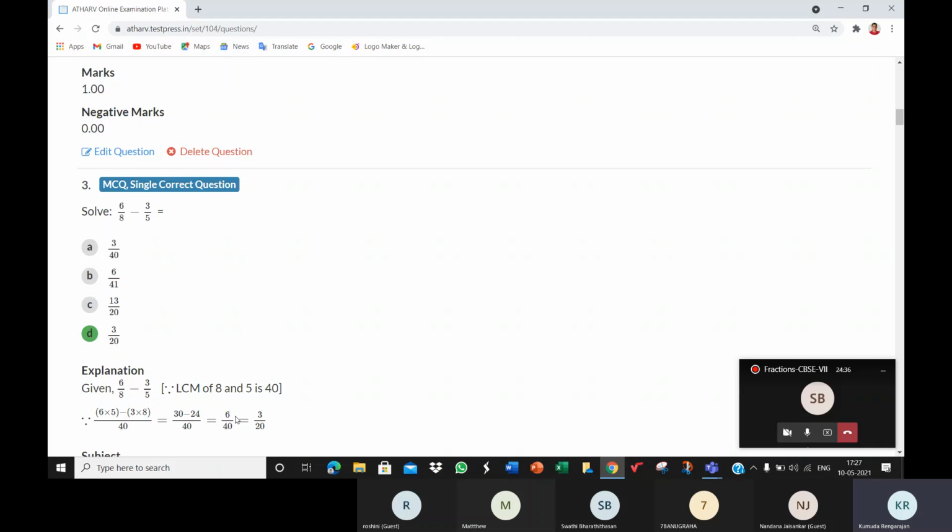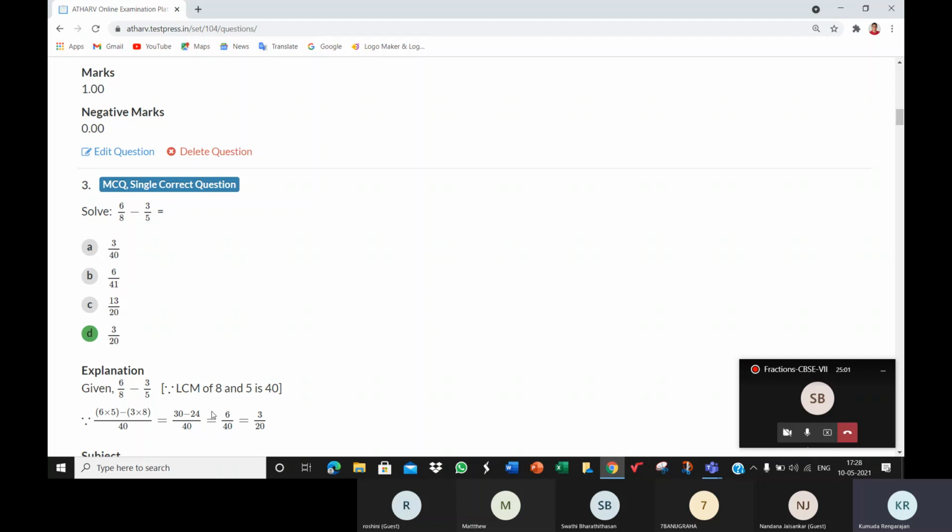So divide the numerator by 2 and the denominator by 2. You should do that in your mind. You don't see that here, but do that in your mind. 6 and 40 both happen in the tables of 2. So you're dividing the numerator by 2 and the denominator by 2. 6 divided by 2, what's the answer? 3. 40 divided by 2, the answer is 20. 3 by 20.